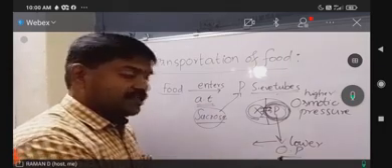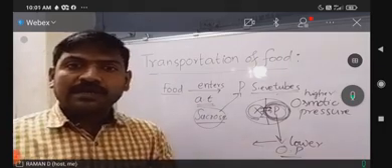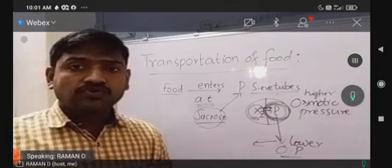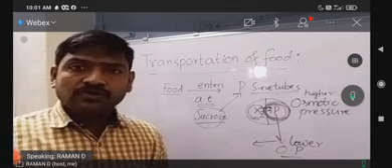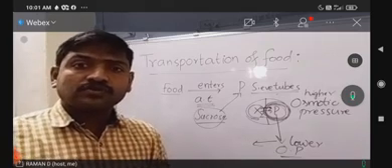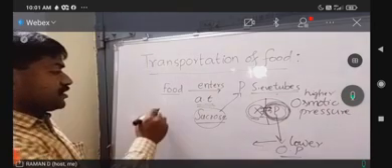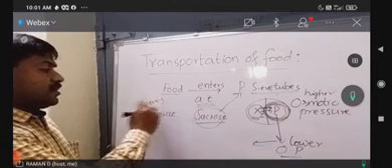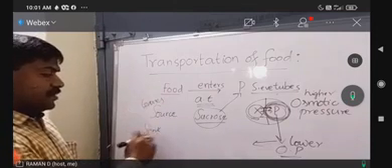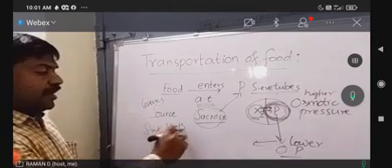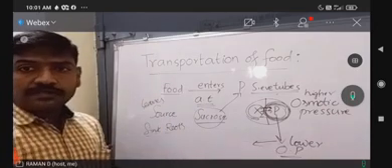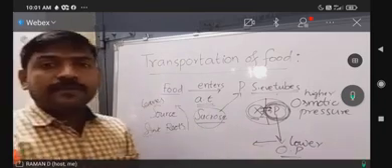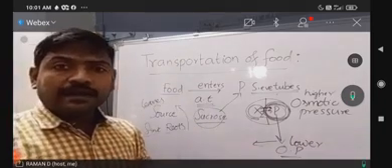So for their metabolism to go on, the food has to be supplied to them. So from where will the food be supplied? From the sink. Sink means the area where it can be stored. Actual source of the food is leaves, but now the source is not having the food. So the food has to be supplied to the source from the sink. So source are the leaves and sink is the roots. Earlier from source to sink food was supplied. Now from sink back to source the food will be supplied.